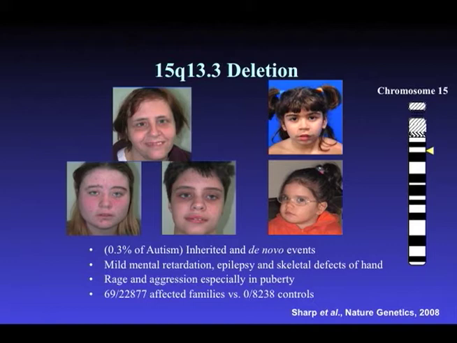All 3 individuals suffered very severe seizures in addition to having a developmental delay. So we went back to our initial index case, and we asked the clinician to go back to the individual family and reassess, in this case, both the mother and the father. It turned out that the mother was not normal.